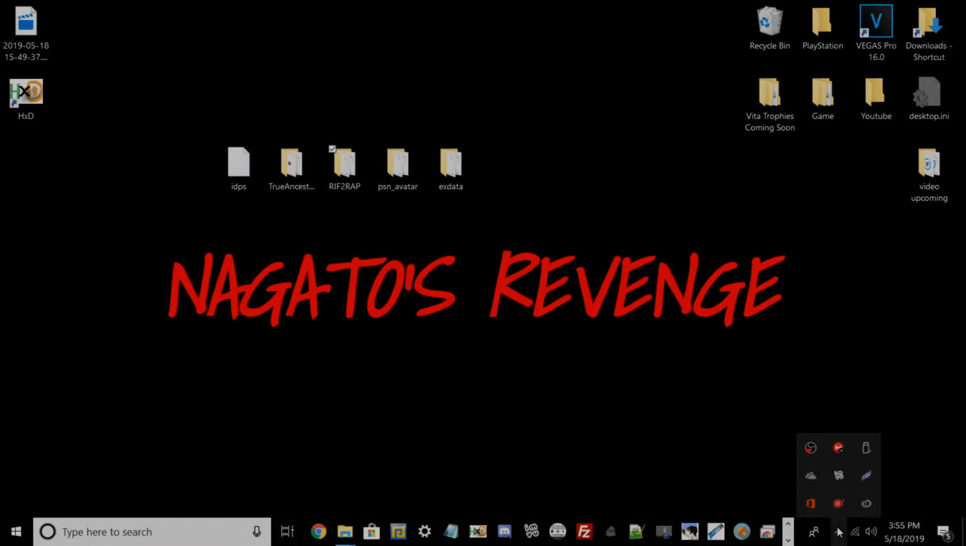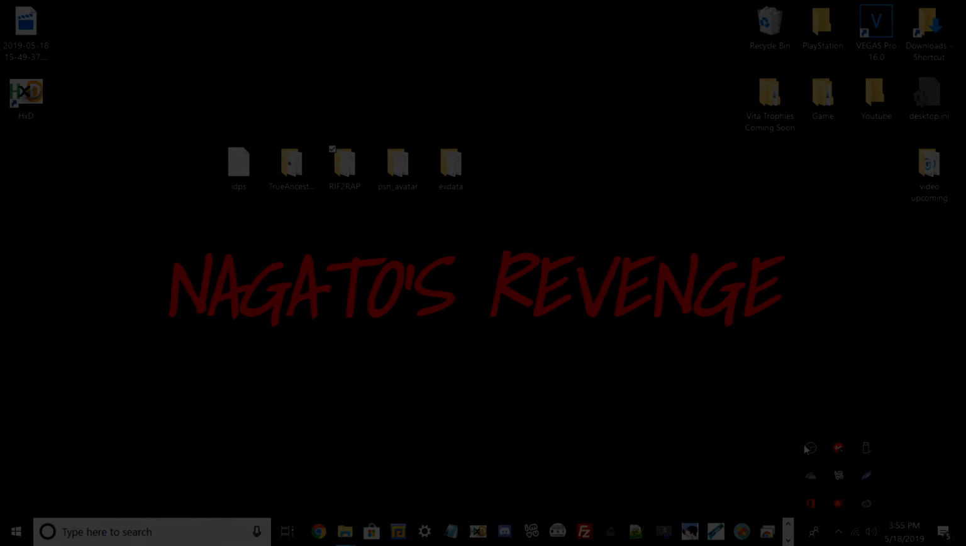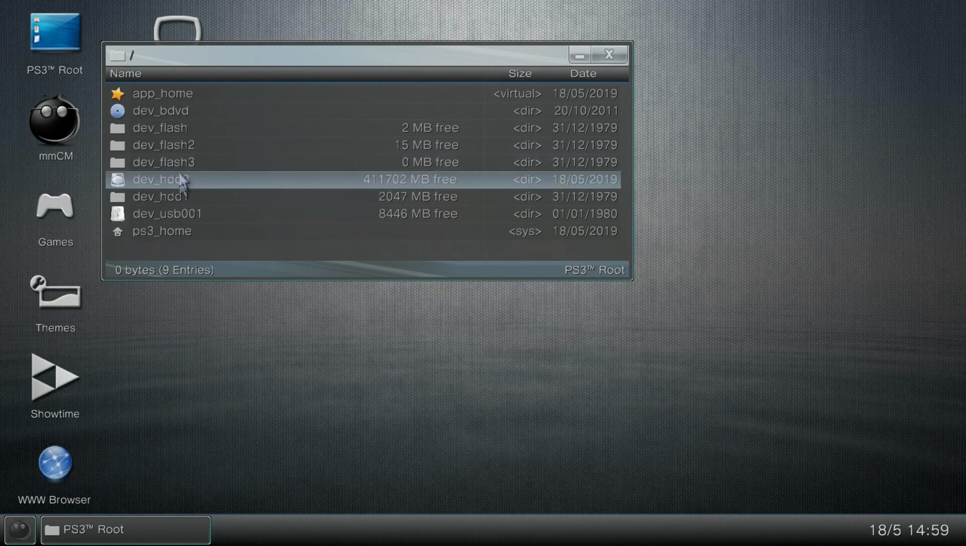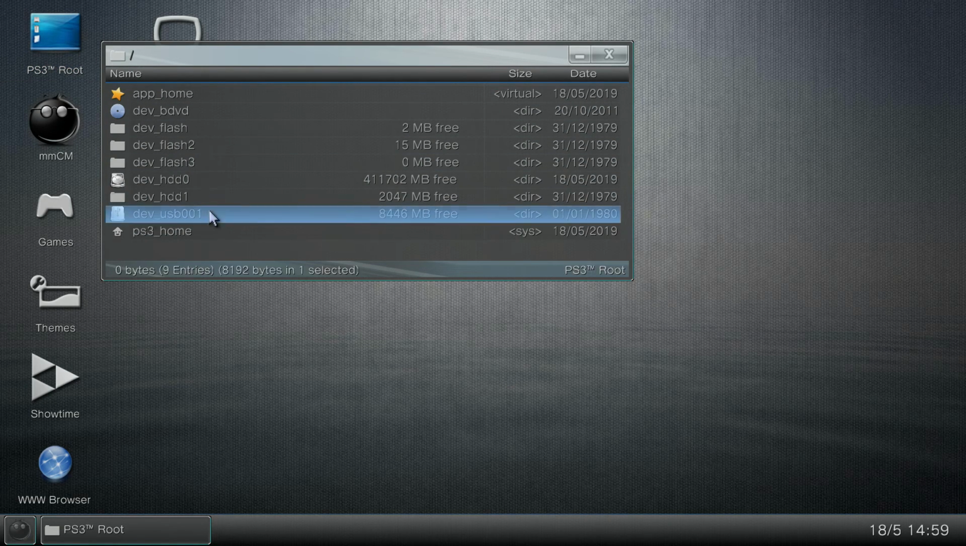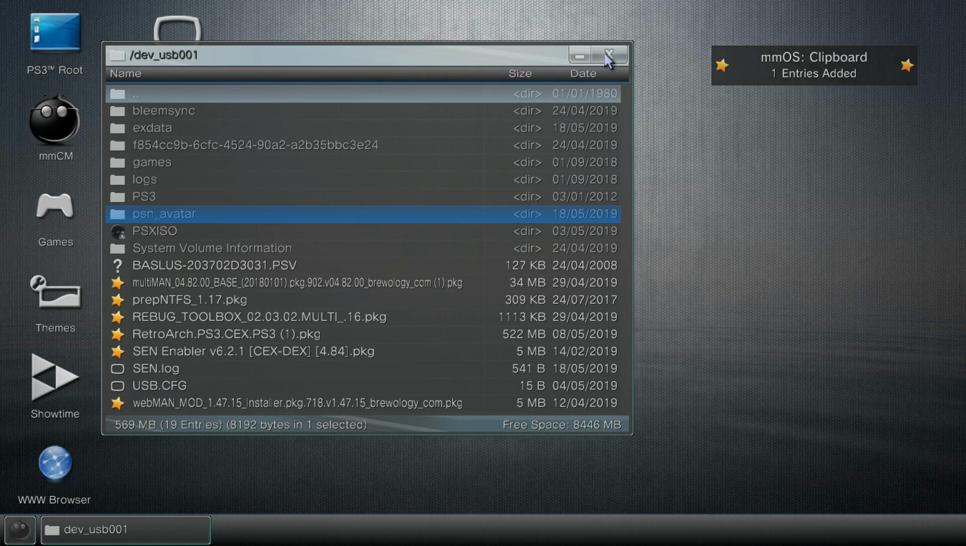So I'll meet you guys back on a PlayStation 3, and I'm going to be into Multiman, and I'm going to show you guys how to dump your avatars into a new place. Alright guys, so I'm back into Multiman as shown here, but I'm going to be showcasing how to install your new avatars on a secondary account as well, just to show that the process works. So once your USB drive is in, go into PSN_avatar, go ahead and hit copy right here